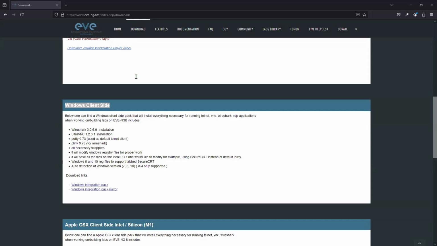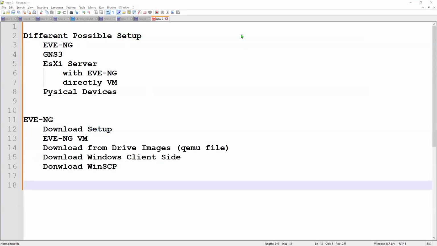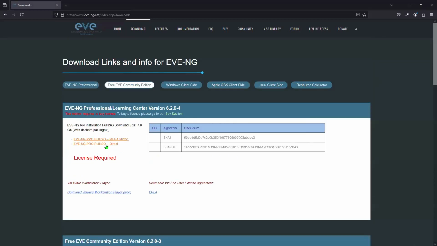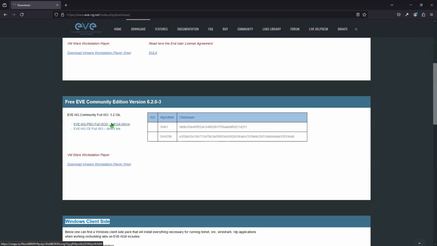Okay. Here, classroom people. If I just maintain the main focus, what is it? Setup and everything. So setup I'm not going to download. That is the simple thing. You can click here, download starts, EVNG community edition. And I already have EVNG. Okay. So I'm just showing here that if you click here, download starts, then next you can install. It is a machine, not that kind of installation. You can use VMware or VirtualBox and attach this machine. Your machine is ready.